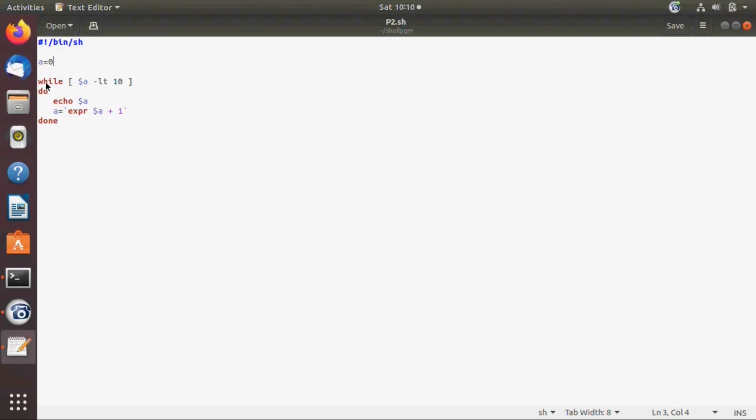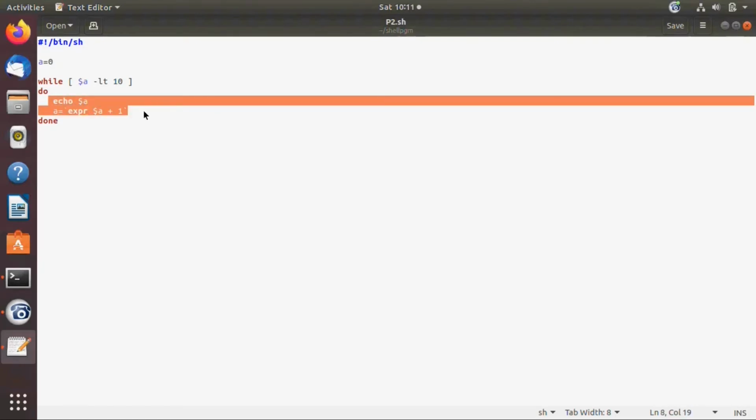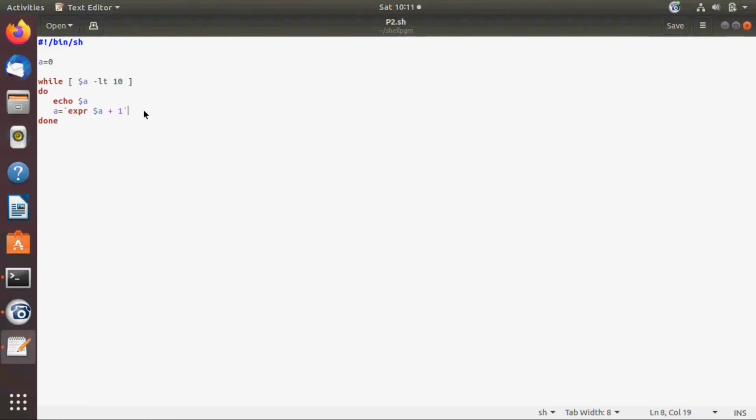Here the while loop is checking the condition $a less than 10. Until the condition is true, these two statements inside do will get executed. Once the condition fails, the control will come out of the while loop and the program will terminate. So do and done will get executed until the condition fails.